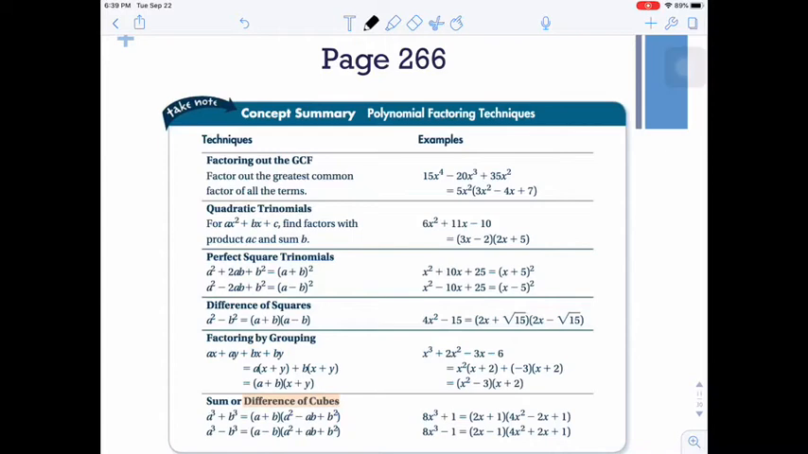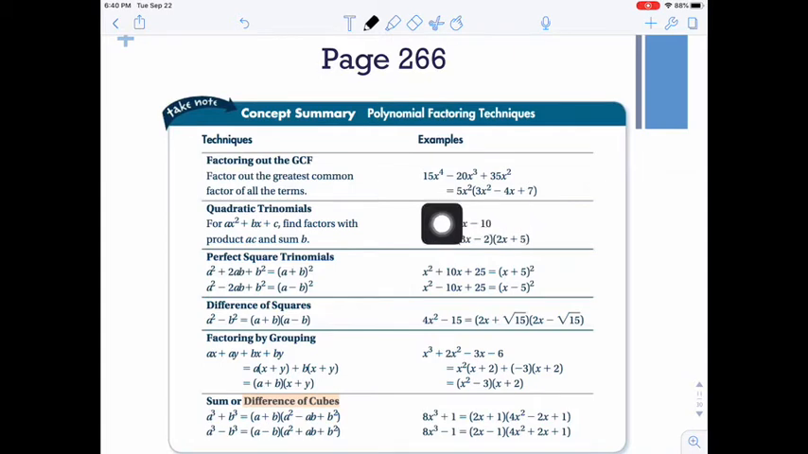Page 266, we have a summary of all the polynomial factoring techniques. The first few we've already gone over, so I'm going to do those pretty quick. Factoring out the GCF, that's just looking for what they have in common. In this specific example, you could take a 5x squared out of everything and then you write what's left in